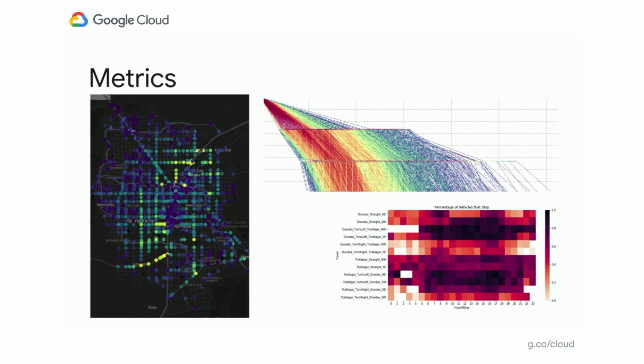If you look closely, you can see some interesting patterns there, like rush hour times, depending on the direction at certain times of day, around 8 a.m. and around 5 and 6 p.m. And at the bottom there, you can actually see two right turns, one of which has a significantly higher propensity to stop than the other one. If you go and look on the map, it's because that turn direction has a dedicated right turn lane, and the other one doesn't. So the one where you don't have to stop has a dedicated turn lane. And little things like that are really easy to pick out of these and really validate the infrastructure changes